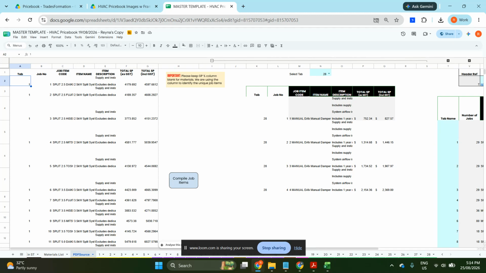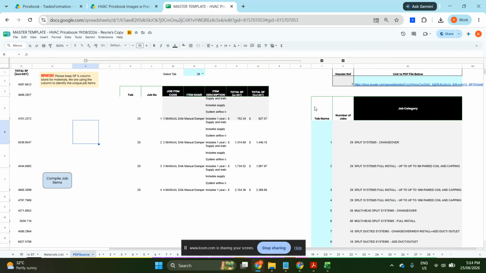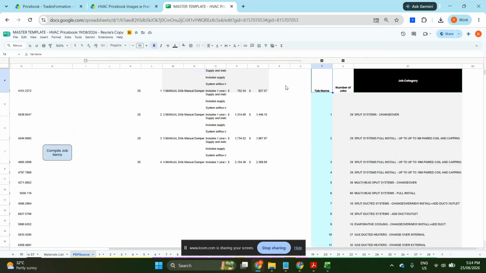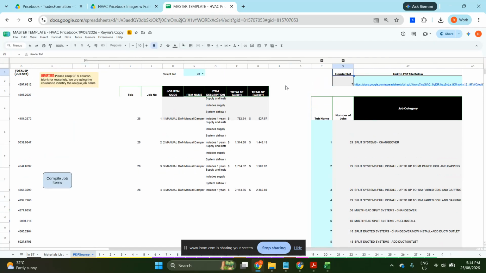So in this video, I'll walk you through how to use the template, starting with preparing the data source. The first step is to open this master template here. The automation for this template was built using Google Apps Script with assistance from Gemini AI. In the template, the blue cells, these ones here, are manually encoded, and the gray cells contain formulas.